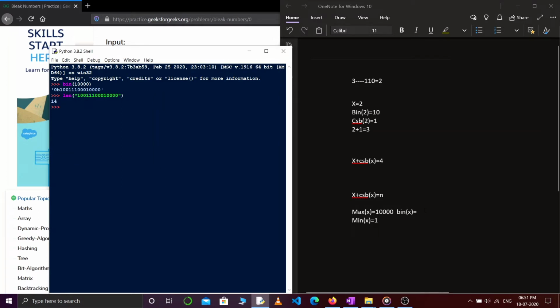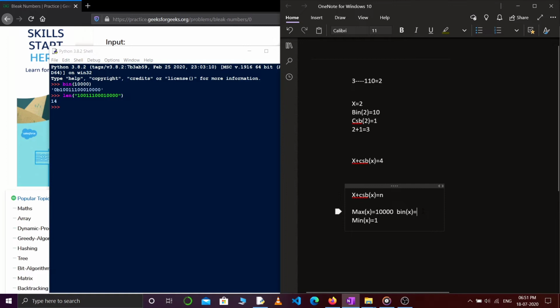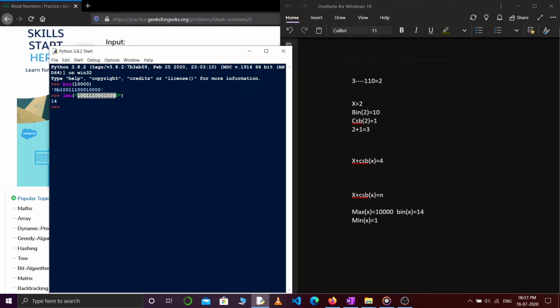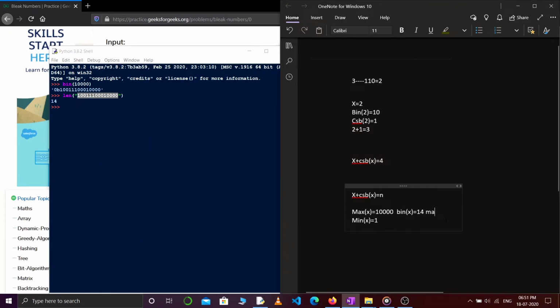So if x is 10,000, the maximum value CSB of x can have is 14, because even if all the bits in this binary representation were 1, CSB would be 14.